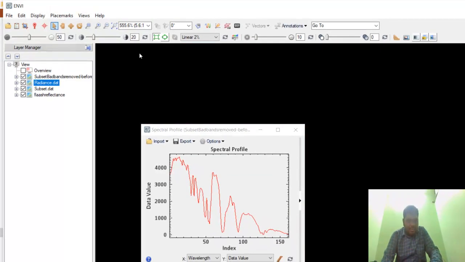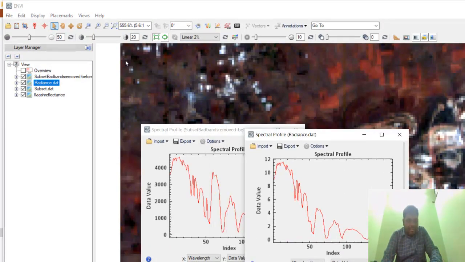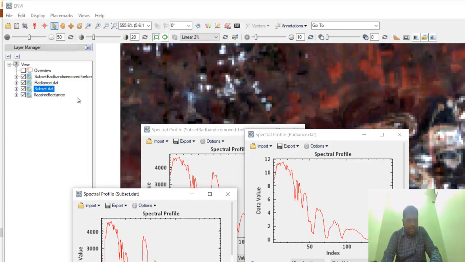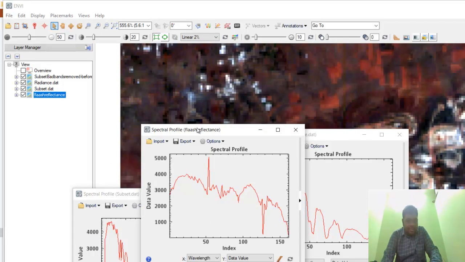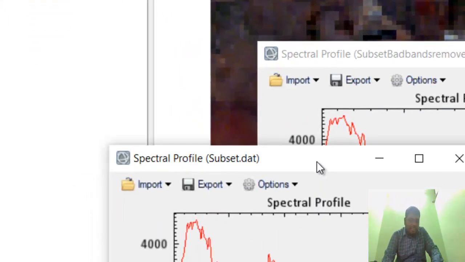This is the normal subset file. This is the radiance file. This is the raw file. This is the FLAASH atmosphere correction file.